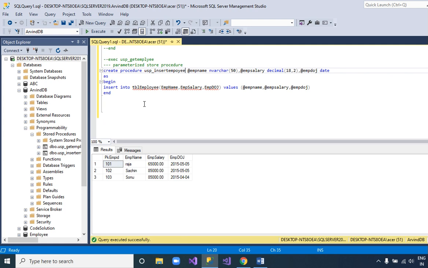Here I can give a name like CRUD. We can create a procedure USP_Insert_Employee_CRUD. Okay. Here we will pass the parameters, and in the parameters we will have an employee ID, and the data type is int,